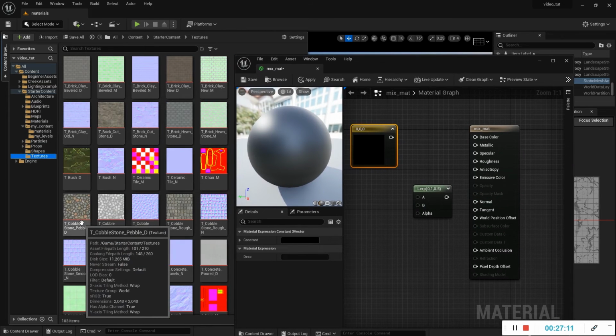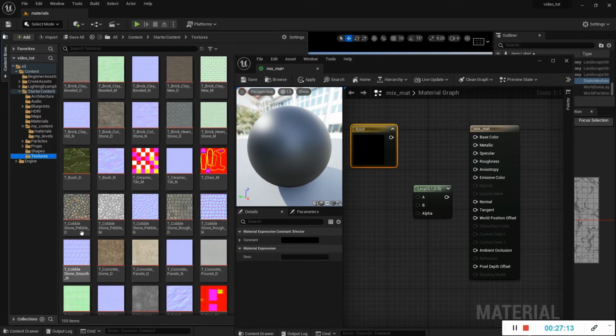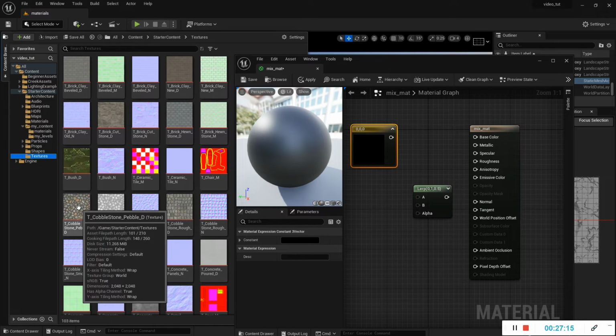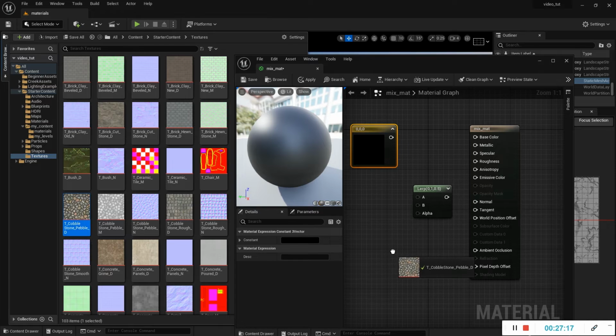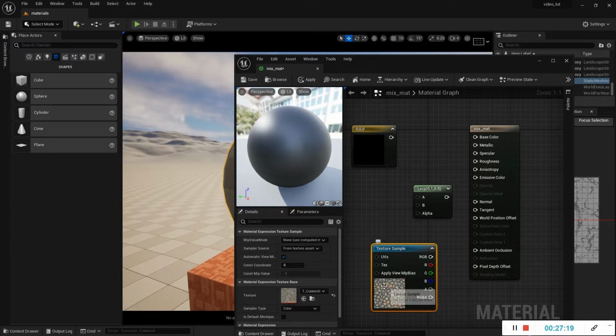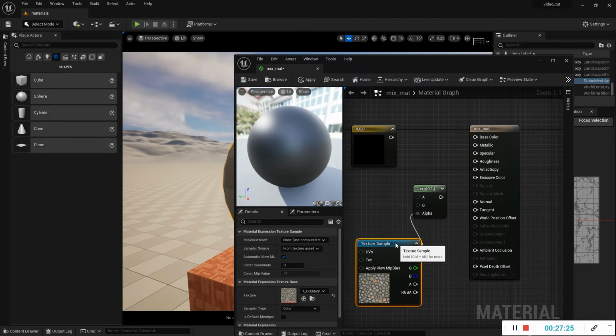So suppose I have this black and white map here. I'm going to use this. Just simply drag and drop here. So I'm going to use this as an alpha. So I'm going to connect this to my alpha channel,